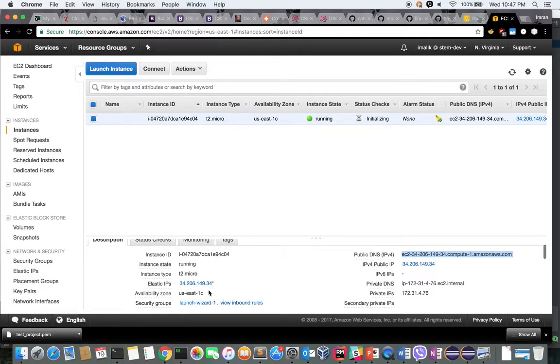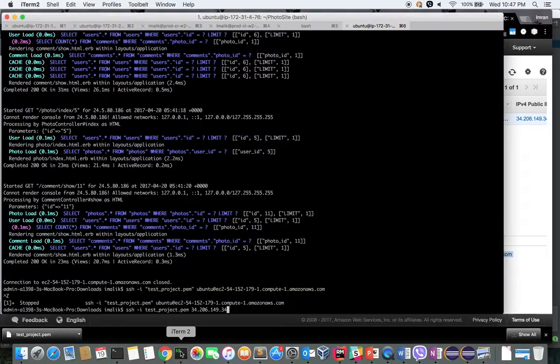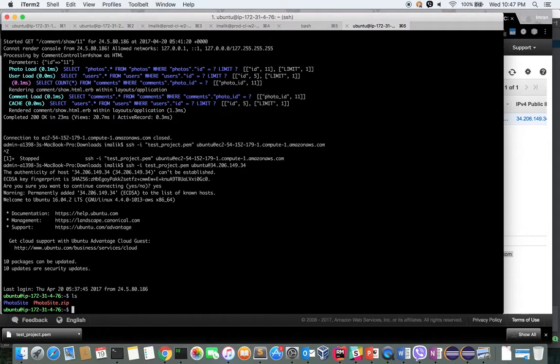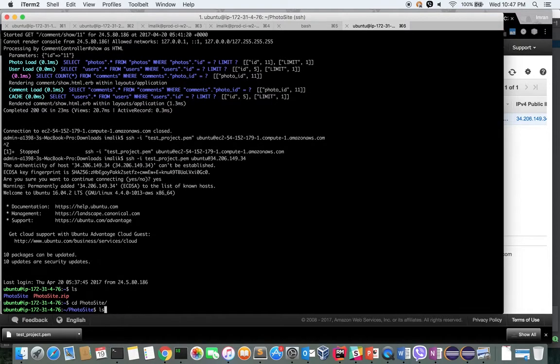That's why you need elastic IPs, because this is one fixed address that you have associated with your instance. So I'm going to SSH in. See, all my data is intact, and all my old commands.